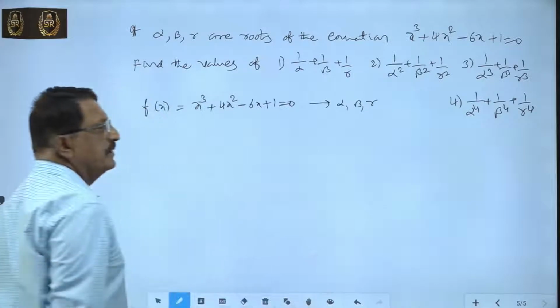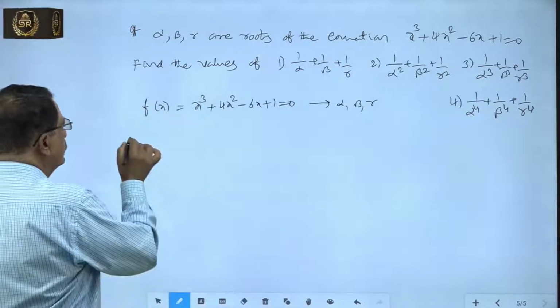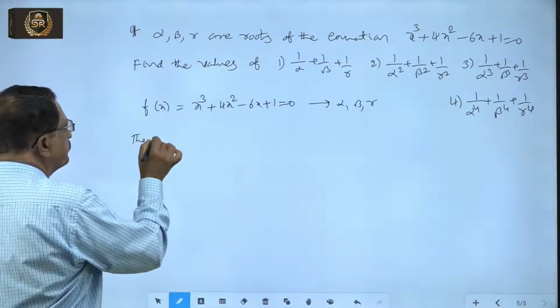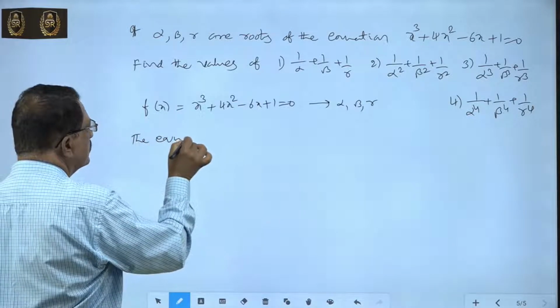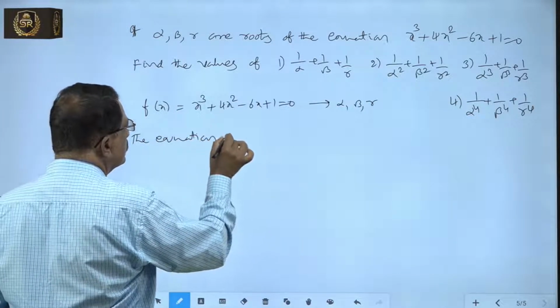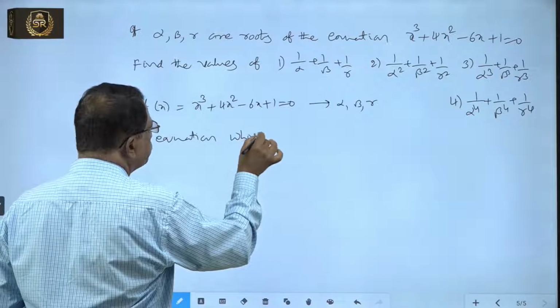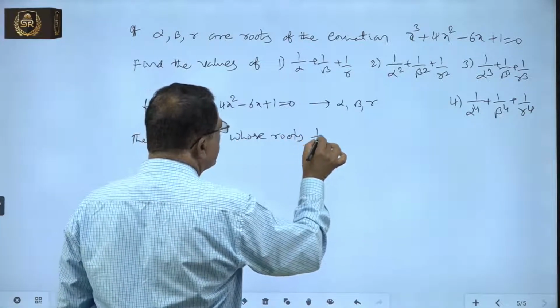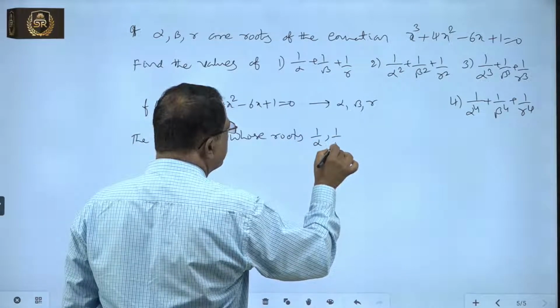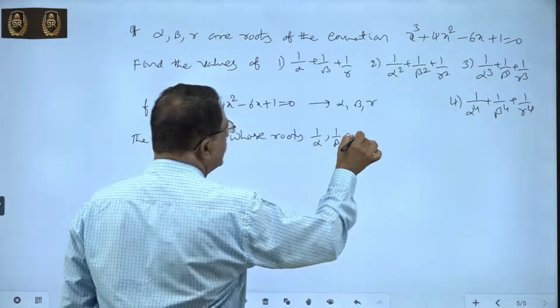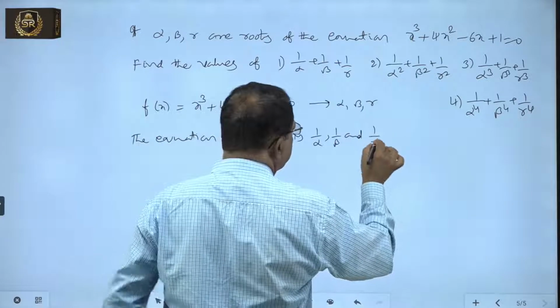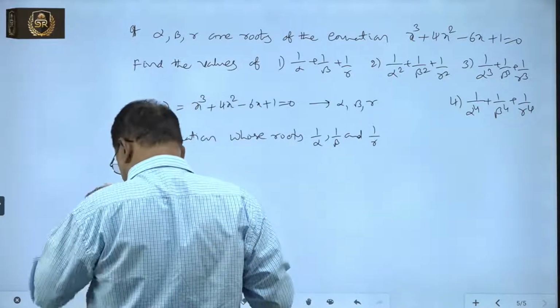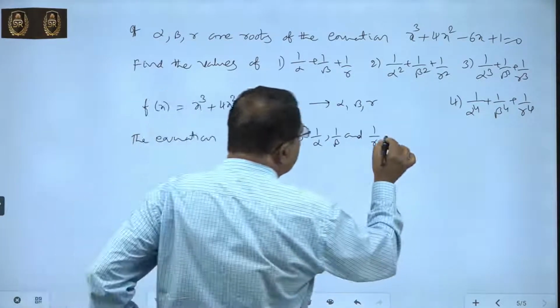Therefore the equation whose roots are 1 by alpha, 1 by beta and 1 by gamma is